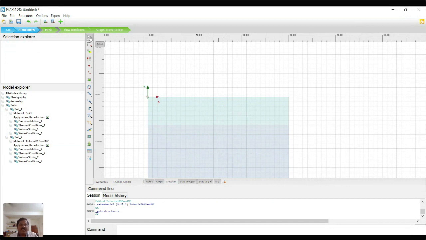Here you have the option select single, multiple selection, move, create array, that is for multiple copies, create point, create line. This is the polygon. This is for tunnel. For tunnel generator, you can use the create tunnel generator, loading, displacement, structure, hydraulic condition, whether drain or well position, you can mark it. And this is the thermal condition.